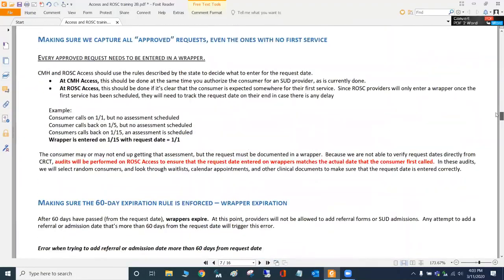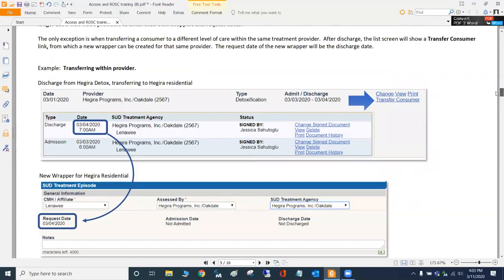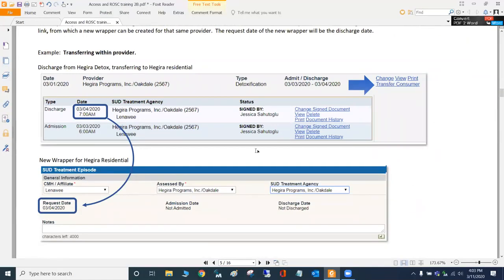Since you guys are a ROSC provider, it doesn't really matter, but Hagira would do it the same way. If you're going from detox to the next, then you can transfer them and make your own wrapper that way. Okay, so we would still need to enter a wrapper for the second service, but the referring party wouldn't need to.